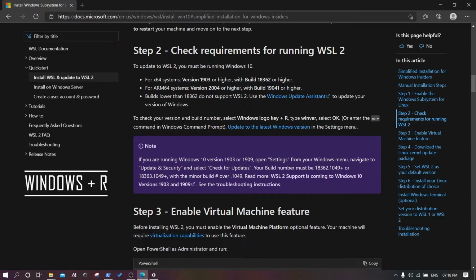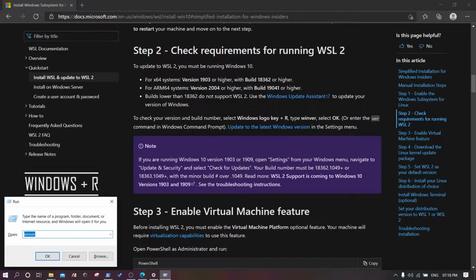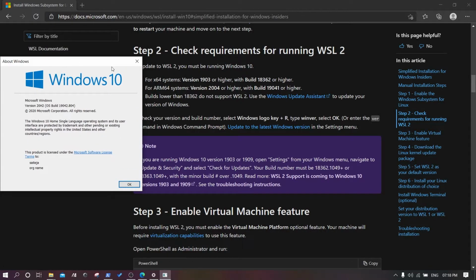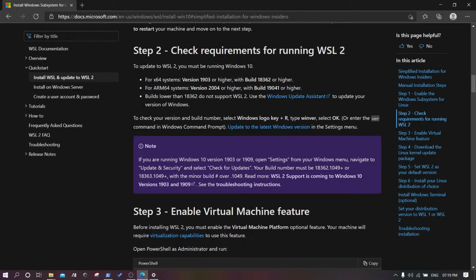To check your version, just hit Windows plus R and give winver, which is Windows version. So in my case, it is x64 system, so I satisfy the prerequisites, where 20H2 is my version and the prerequisite is 1903, which is lower than my version. So OS build is also more than what is expected there. So 18362 is the version they mentioned, but I have 19042, which is a higher version. So I can proceed to have WSL2 installation now.